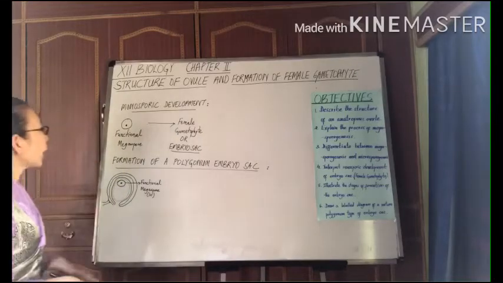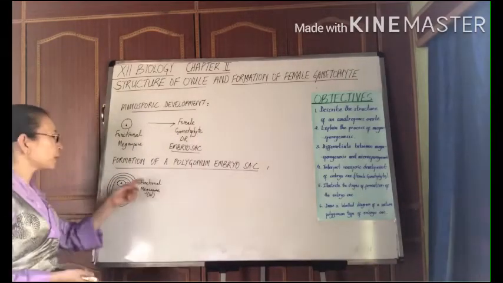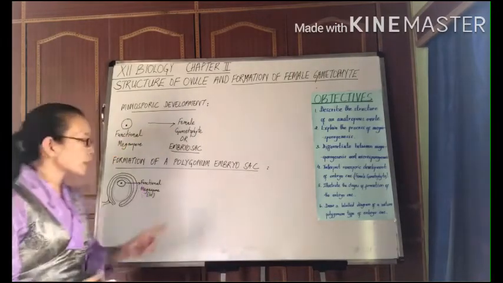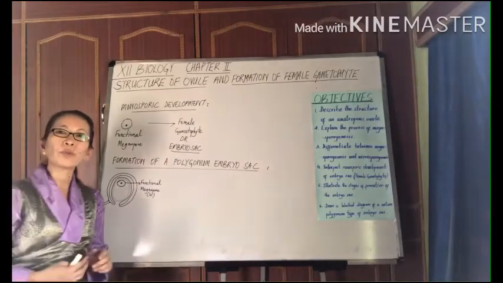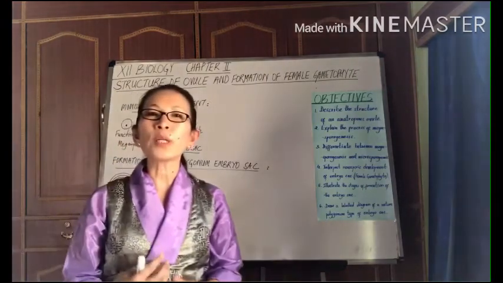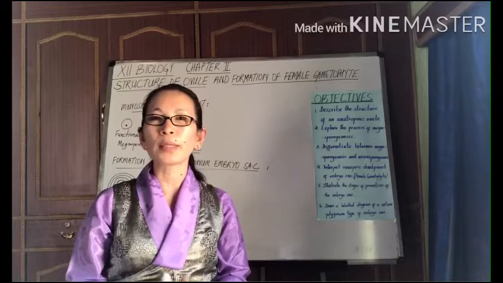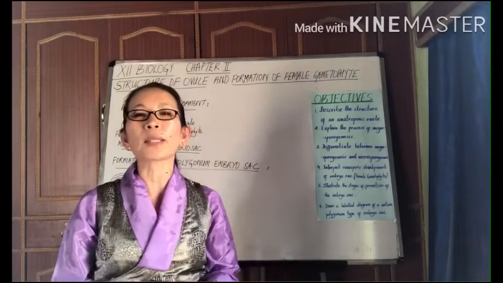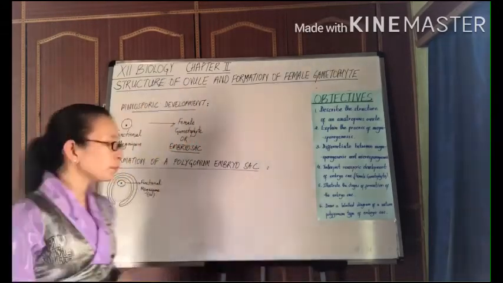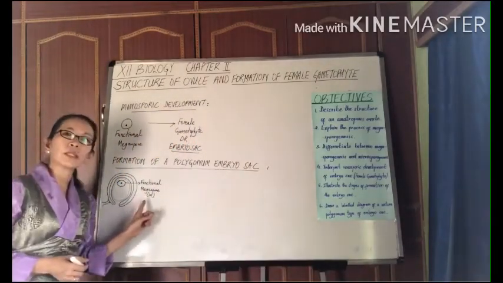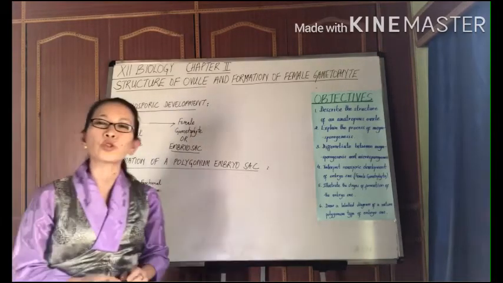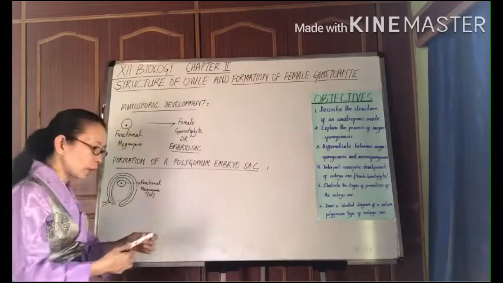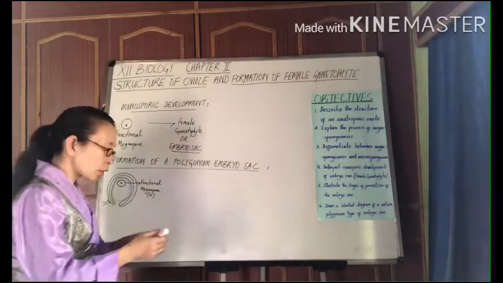So as we have learnt, in a monosporic development, it's only the functional megaspore that gives rise to an embryo sac. So such a functional haploid megaspore would initially undergo 3 repeated mitotic divisions. Now when I say 3 repeated mitotic divisions, each of these mitoses is not followed by a cytokinesis, as a result of which this uninucleate megaspore would first give rise to certain multinucleate cells. Okay, so let's look into each of these mitoses one by one.